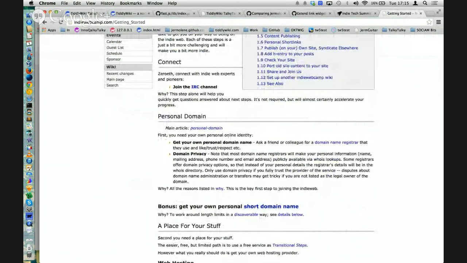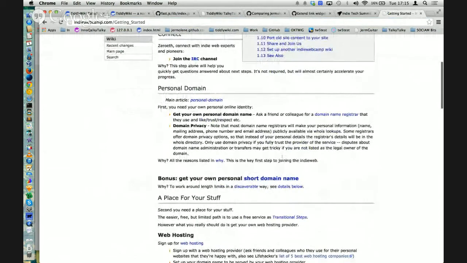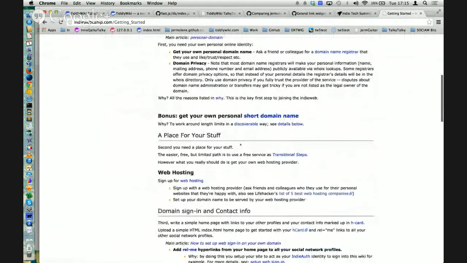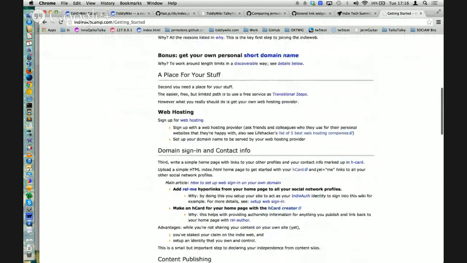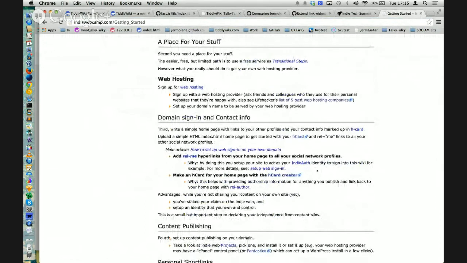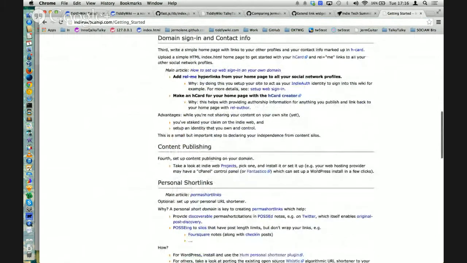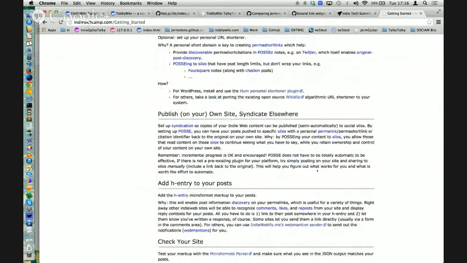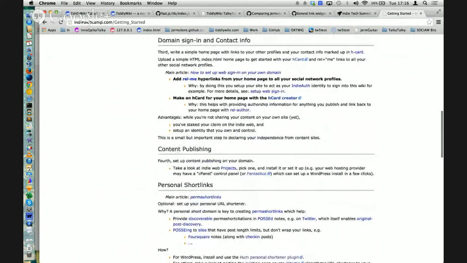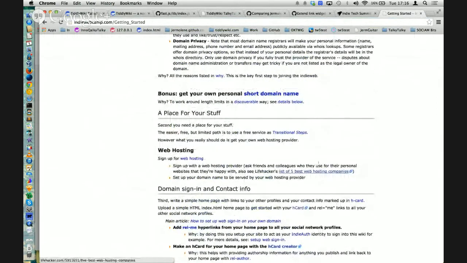First you need your own personal online identity, get a domain name, and that I don't have so much of a problem with. But when they get on to running a server, they typically mean an application server. They mean a thing that needs patching, a thing that needs SSL certificates managed. To me, the fact that TiddlyWiki can do almost all of the things the IndieWeb camp guys are interested in, in terms of syndication, microformats, and so on, whilst relaxing the requirement to run a full-scale server,